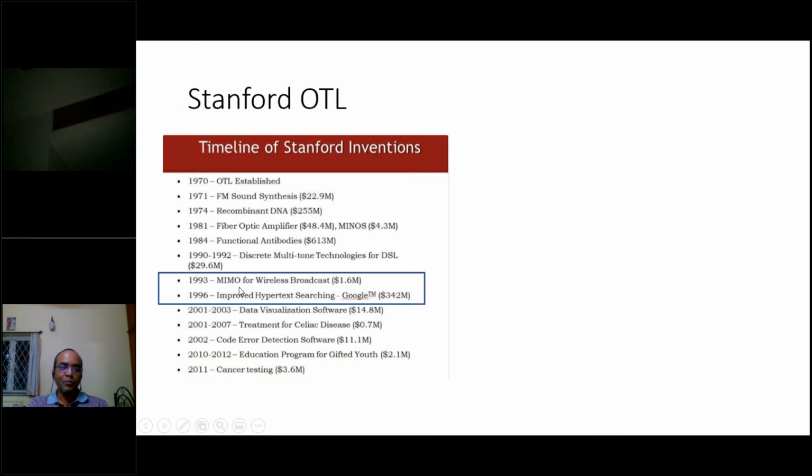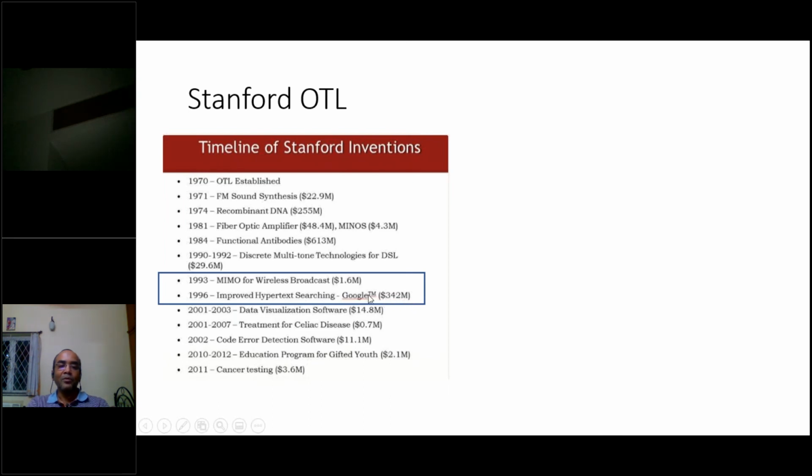In fact, he was working in the Indian Navy, I should say, and he was heading some of the R&D establishments of the Indian Navy. Then he went as a professor to Stanford, in the late 80s, early 90s. And this MIMO technology was something that he invented. And that realized, just as royalties, more than $1 million for Stanford. And this number you should see, it's pretty staggering, right?